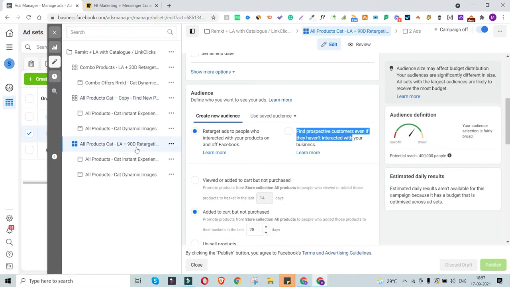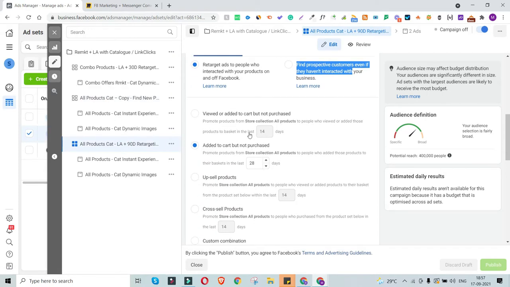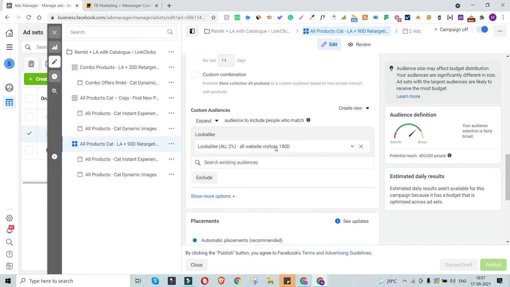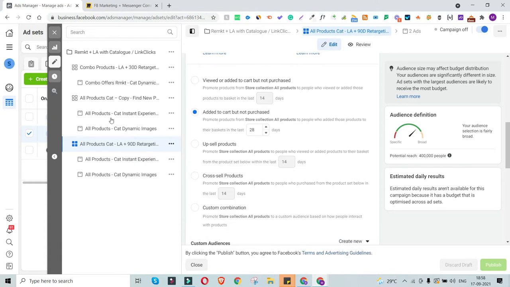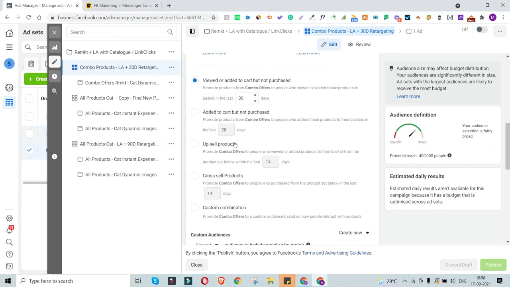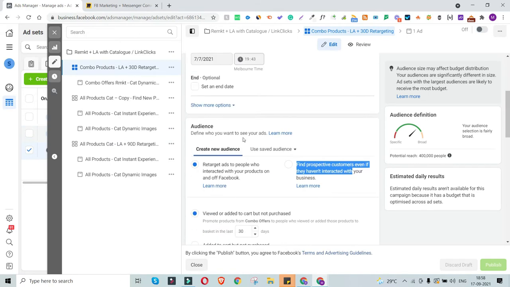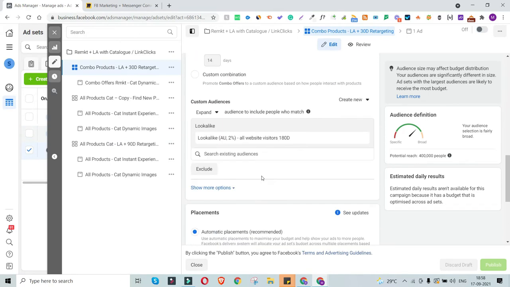And through this ad set, I'm again trying to retarget, but in this case, the targeting is for the last 180 days. So it's not 90 days but 180 days audience. So lookalike 2% and 180 days audience, and over here it's retargeting the audience of our last 30 days and also 2% retarget lookalike. So yeah, that's how you can understand it.